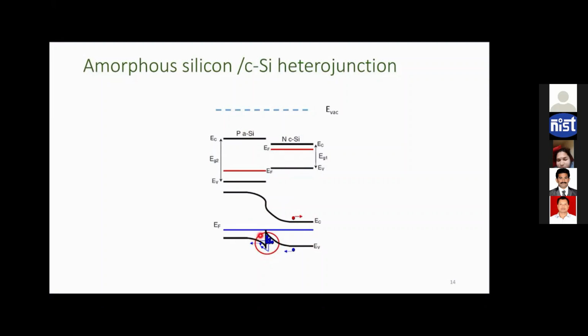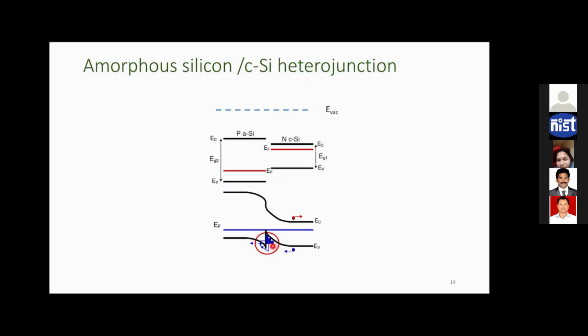This induced P-type material, or P-type crystalline silicon, through a certain thickness near the interface is actually beneficial for operation of a heterojunction silicon solar cell, because now the hole can travel nicely through this induced inversion layer. Clearly, the hole has high mobility, or the ease of transport is high for holes when they are transporting through a P-type than through an N-type.